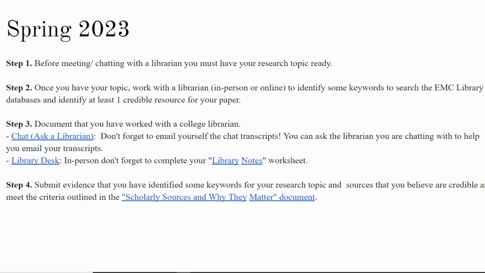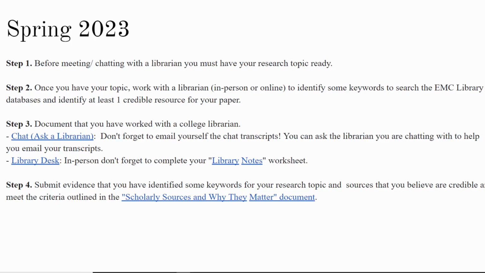But the idea is getting them on the right path, and trying to help those students who, for whatever reason, don't want to begin their research using the credible, reliable databases that they paid for, right? So we're trying to help them change that search behavior to academic search behavior.